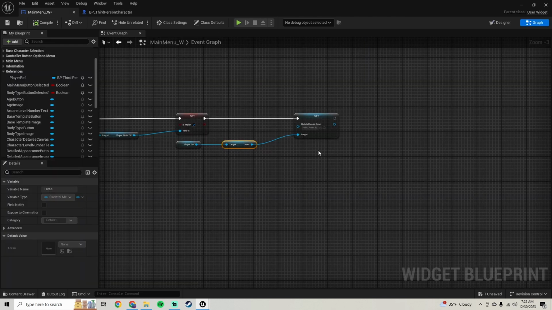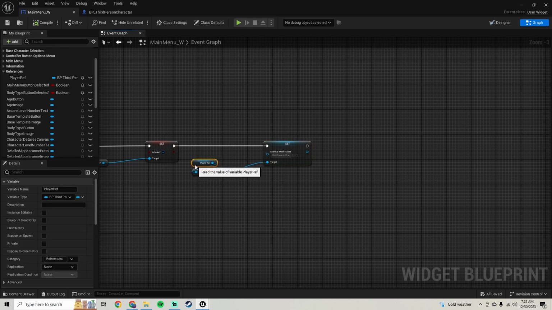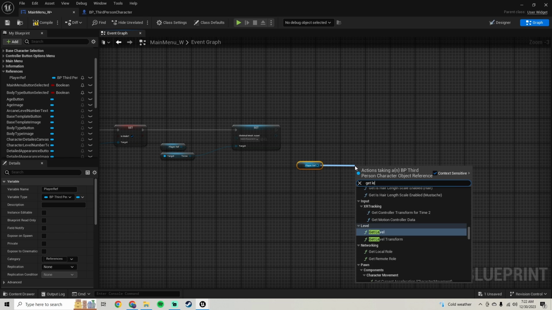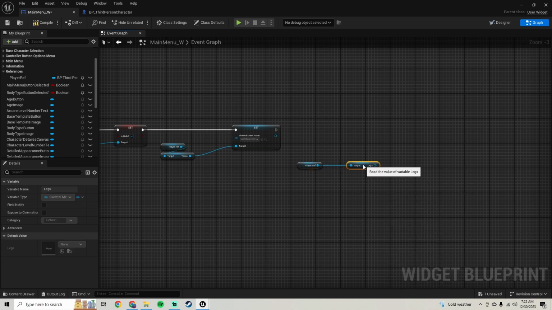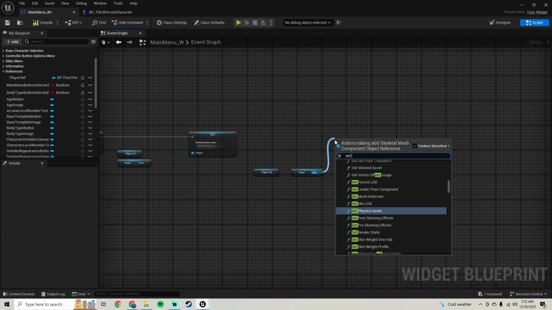We're going to go back to the main menu, then hit the back button right there, and that'll set that skeletal mesh right there. Next, what we're going to do is get our player ref, and we want to get our legs right here, and then we want to do the same thing. Set skeletal